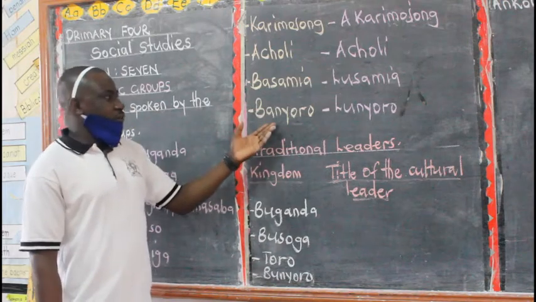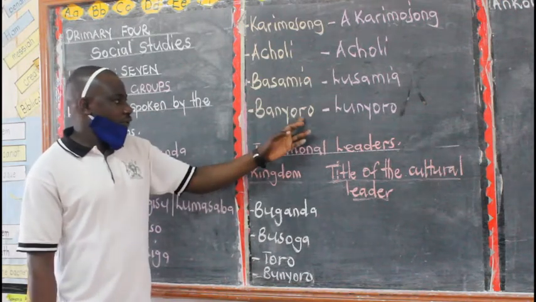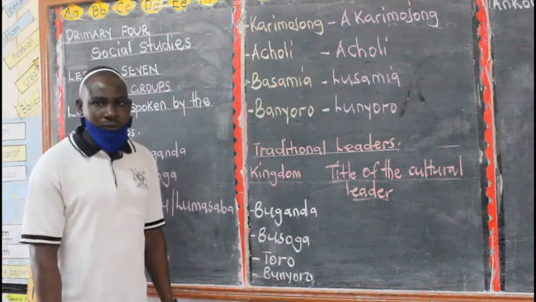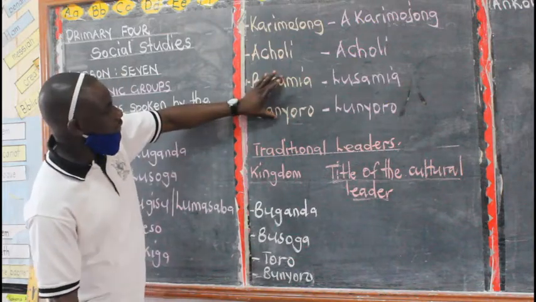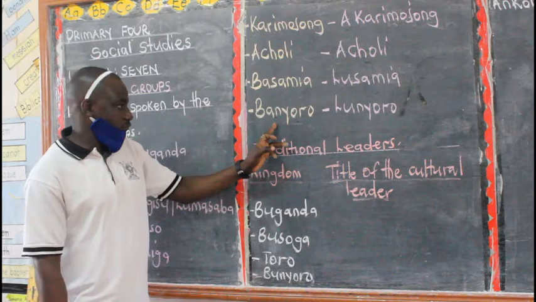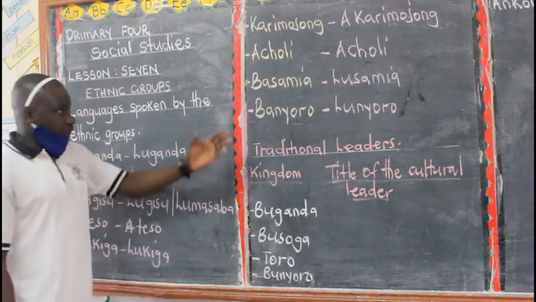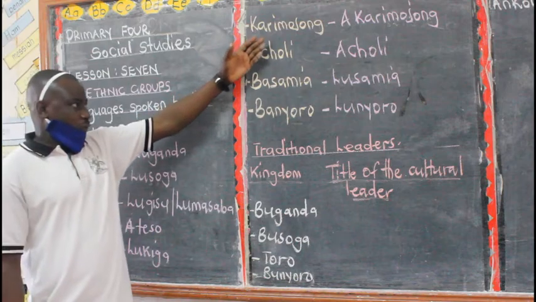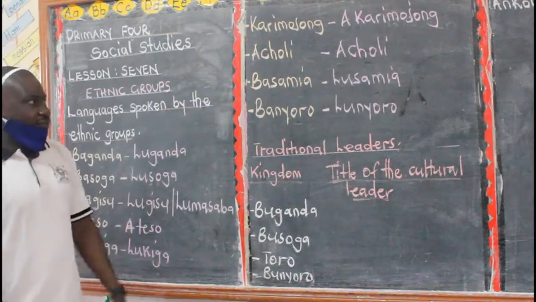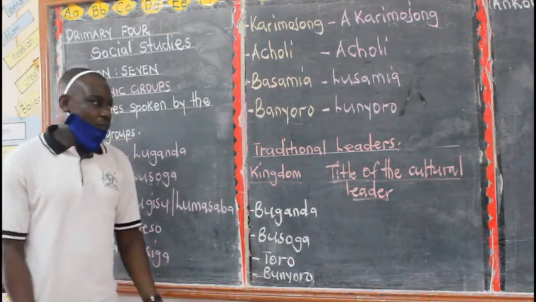Under which ethnic group do the Banyoro and the Basamia belong? If you look at these two tribes, Basamia and Banyoro are under the Bantu ethnic group. Now, after looking at some examples of the tribes in Uganda,